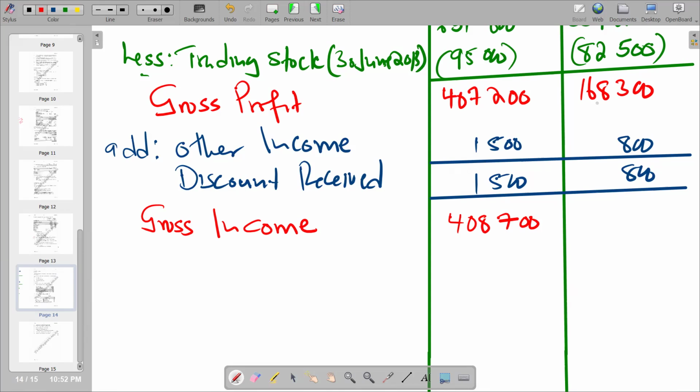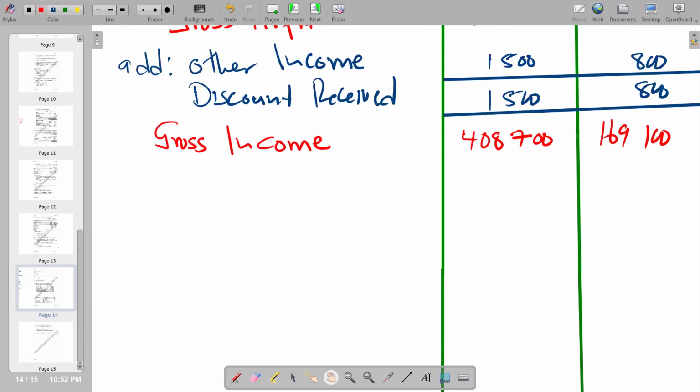In the second column, 168,300 plus 800. And then we get a total. Let's see what we get. 169,100. So from there, we are supposed to move